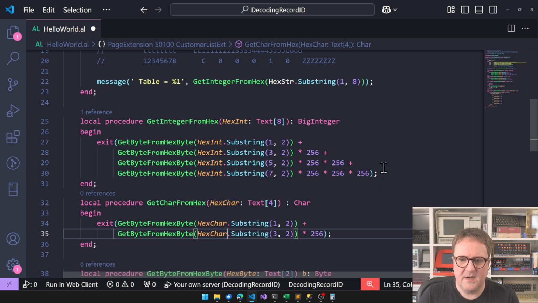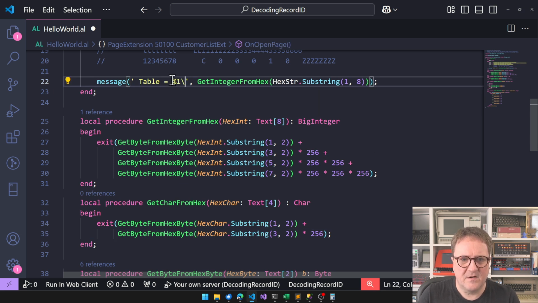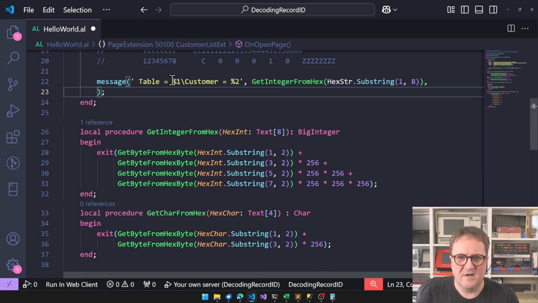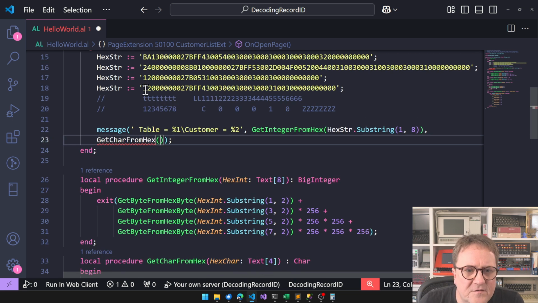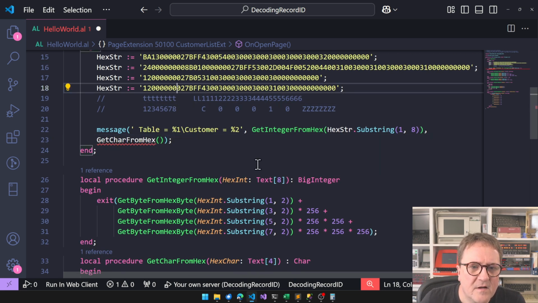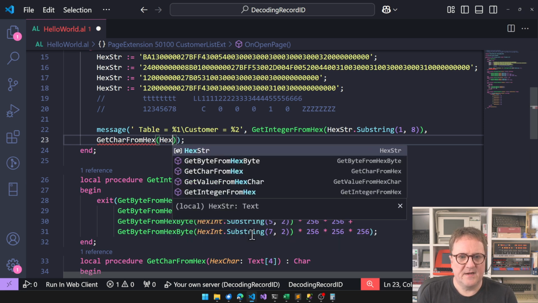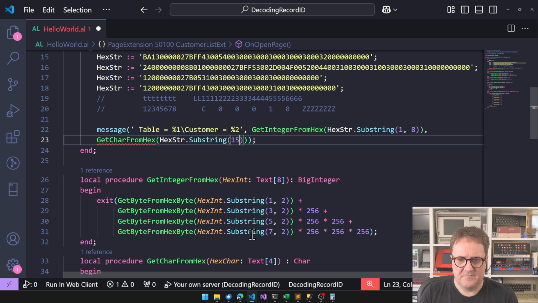So we should be able to, let's see if we can go here and then customer equal %2, and then we go and say get char from hex. Now we're just cheating, so this is position 9, 10, 11, 12, 13, 14, 15. So we'll do hex string substring 15,4 plus